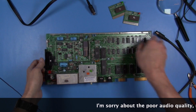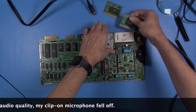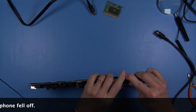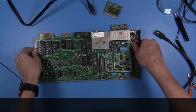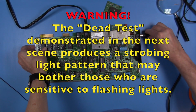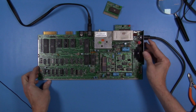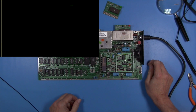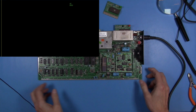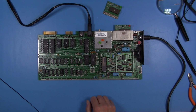All right, here's our broken 64. And we'll get it set up with the dead test cart because we already know that this has a black screen. Okay, right away we are getting a flash pattern. And I believe that is a code 1. According to the documentation,